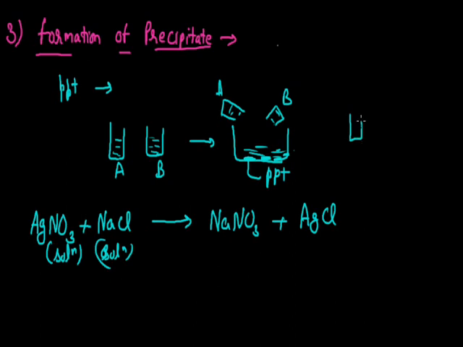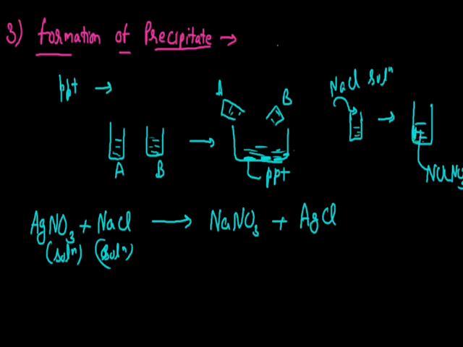Like here I am taking AgNO3, and when we mix NaCl solution in it, you will find a colorless solution which is due to the formation of NaNO3, and some solid you will find at the